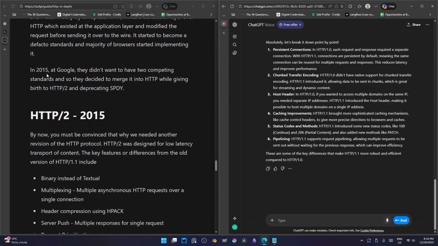In 2015 at Google, they didn't want to have two competing standards, so they decided to merge it into HTTP while giving birth to HTTP/2, replicating